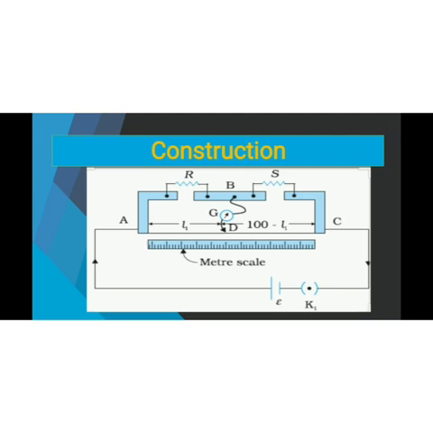Now I am going to discuss a very important thing: meter bridge has a 1 meter wire. That's why it is called meter bridge. A meter scale is placed below the wire, and a cell and key are connected between points A and C. As you can see, from the point B, the galvanometer and jockey are connected. Jockey is provided to obtain the balance point.